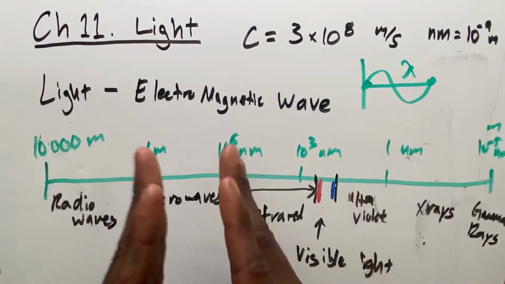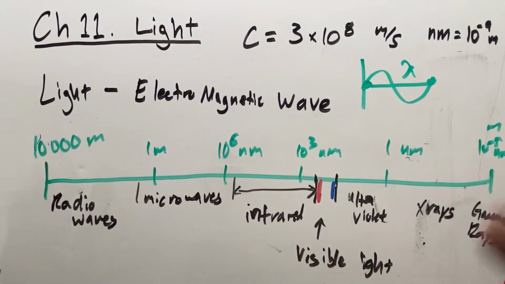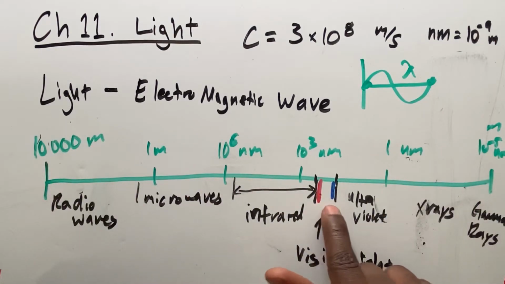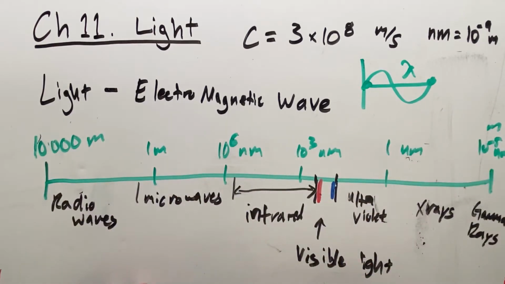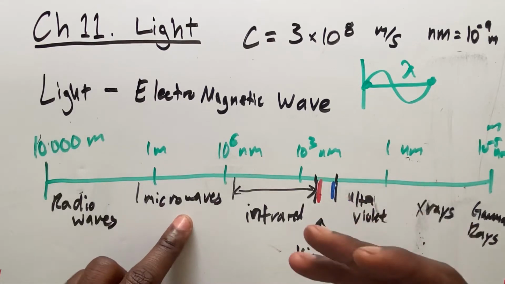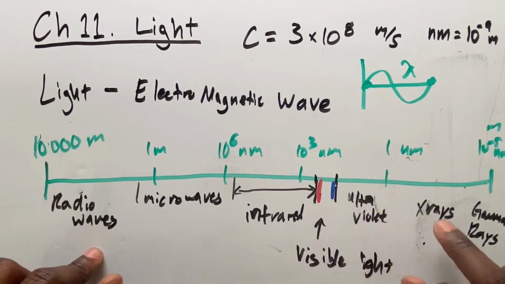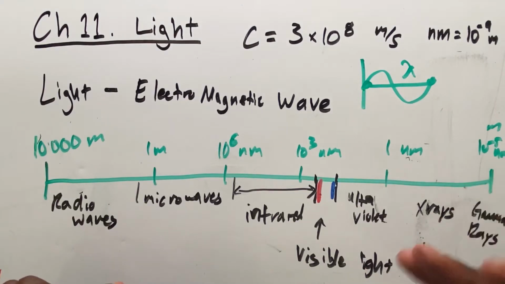So that there basically is the whole electromagnetic spectrum. And then here is the small region that we can see. And then of course we use these other areas of light for different things. So microwaves for heating up things, radio waves for communication, X-rays for medical techniques, and even gamma rays, I think sometimes for like radiation therapy or something like that. Okay.